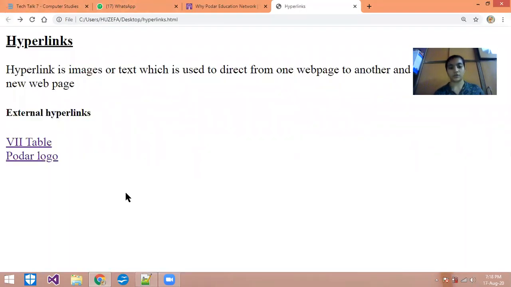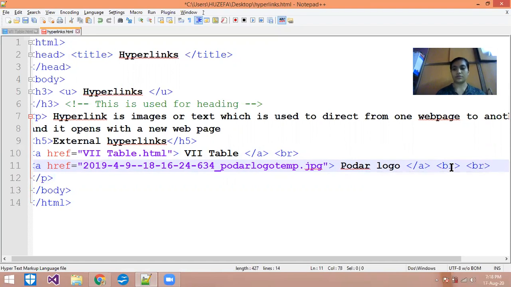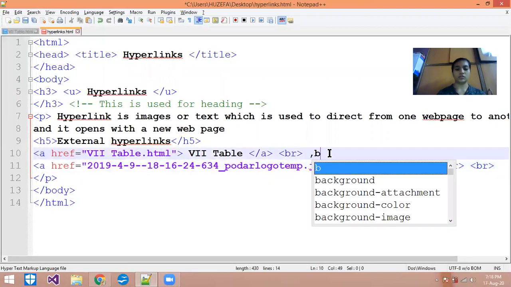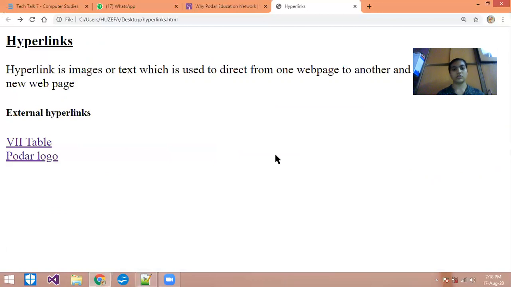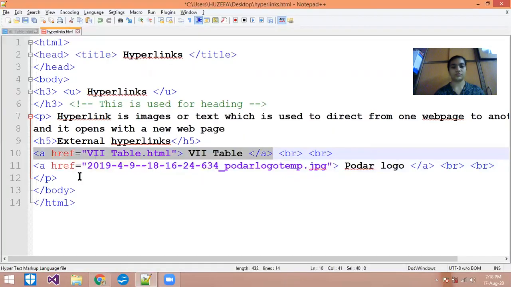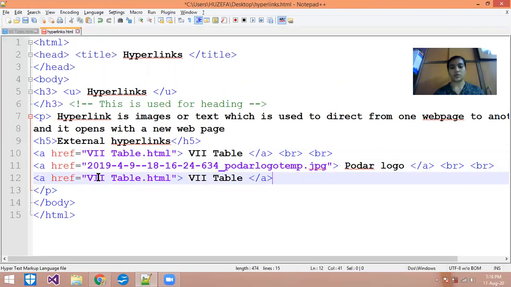Third one, if you want to open any document, I am taking the copy of that. Yes, I have to first write down the BR. Two BRs I'm using just because it will come with a difference. And I just copied it. Sorry. And paste before it. Okay, so the HTML file we are done.